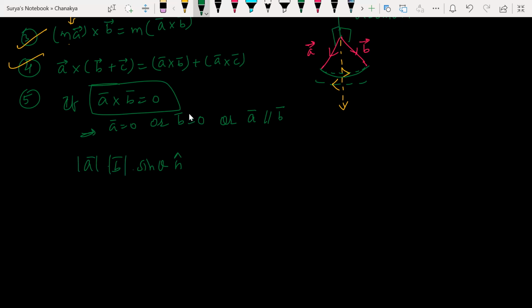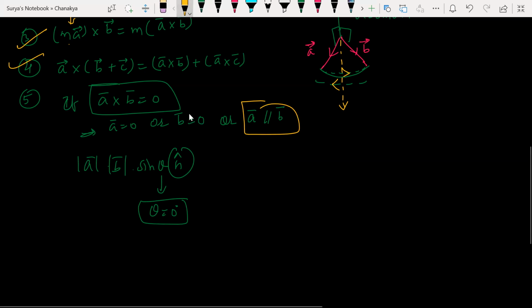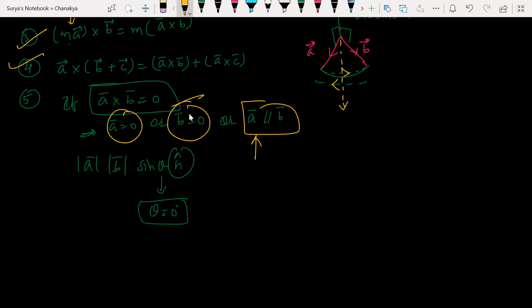All right. Now look at this. N cap is what here? This is a unit vector, which gives only direction. Now, when this can become 0: when theta is equal to 0 degrees, it becomes 0. Theta equal to 0 means it is coinciding. Which means what? Both will be parallel. That is how we write A parallel to B basically. So it happens when A is 0 or B is 0, or both are non-zero.